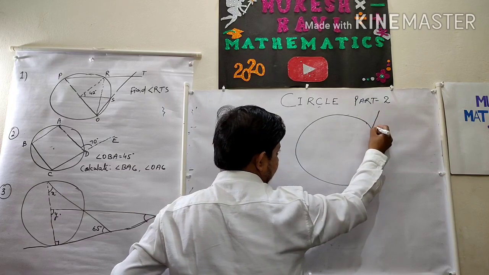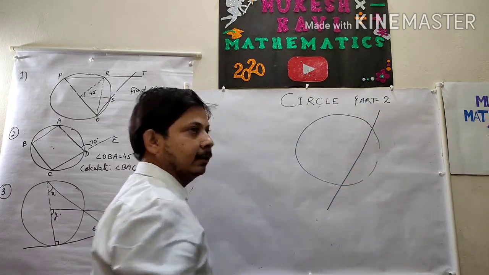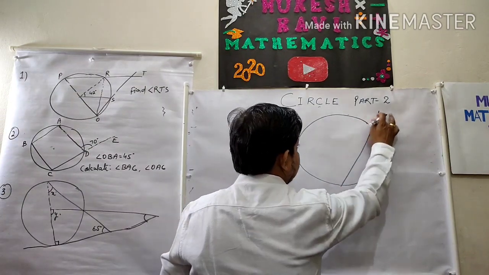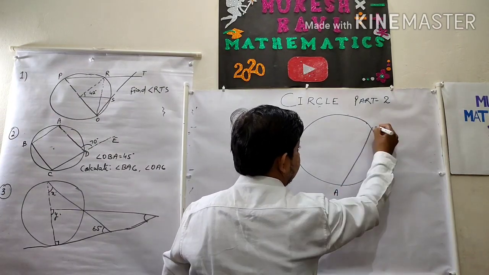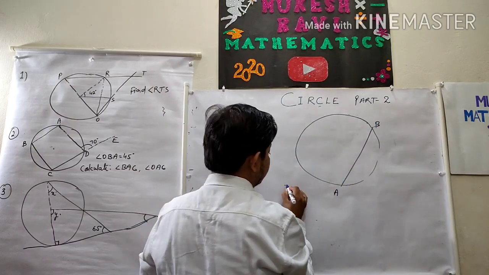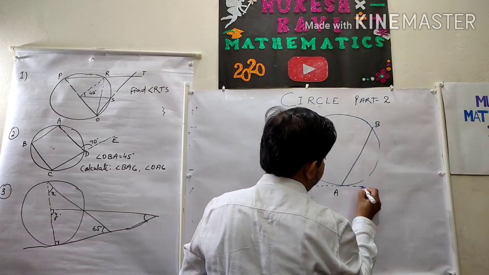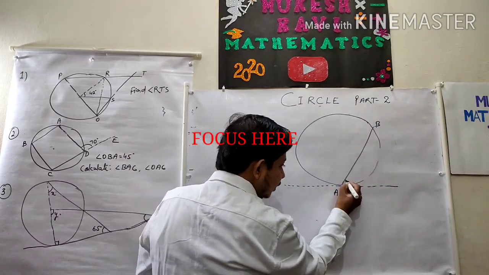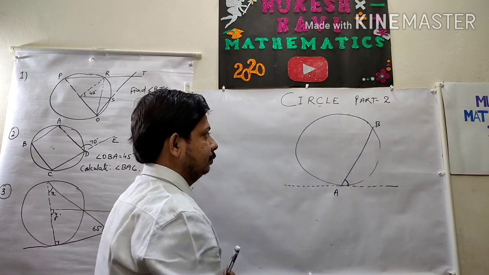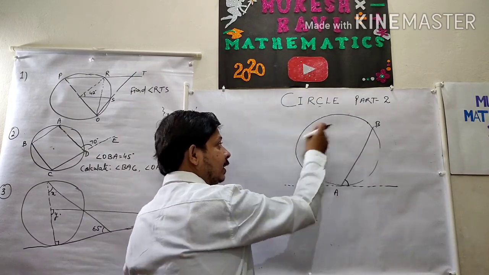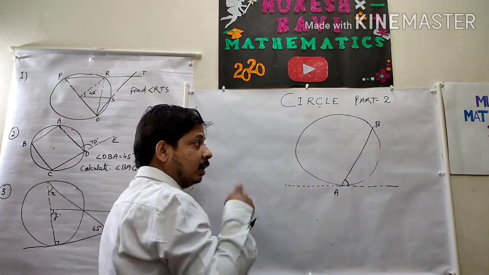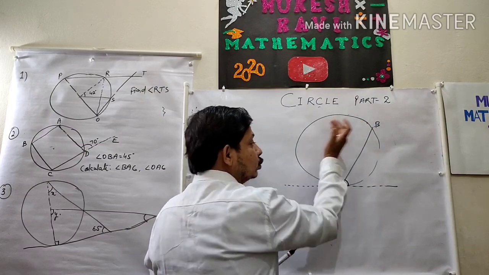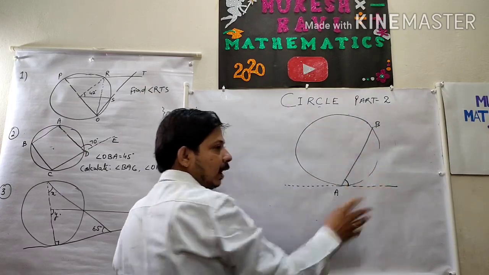Suppose this line is one chord, AB, and this is one tangent. Now you check here. I am telling you this angle is equal to the angle here in the other segment. Why is it the other segment, or alternate? This is my minor, this is my major. This is first, this is second. So this is alternate, one of the other.